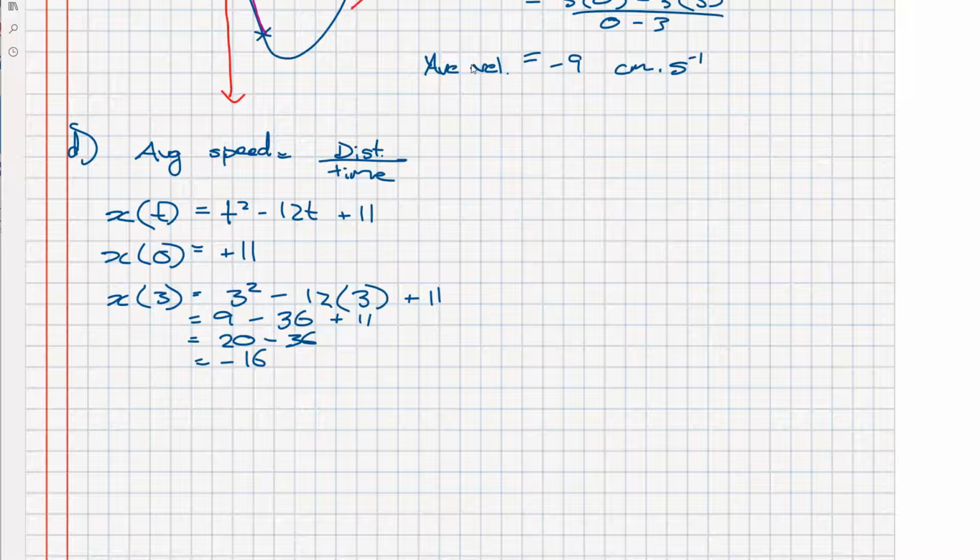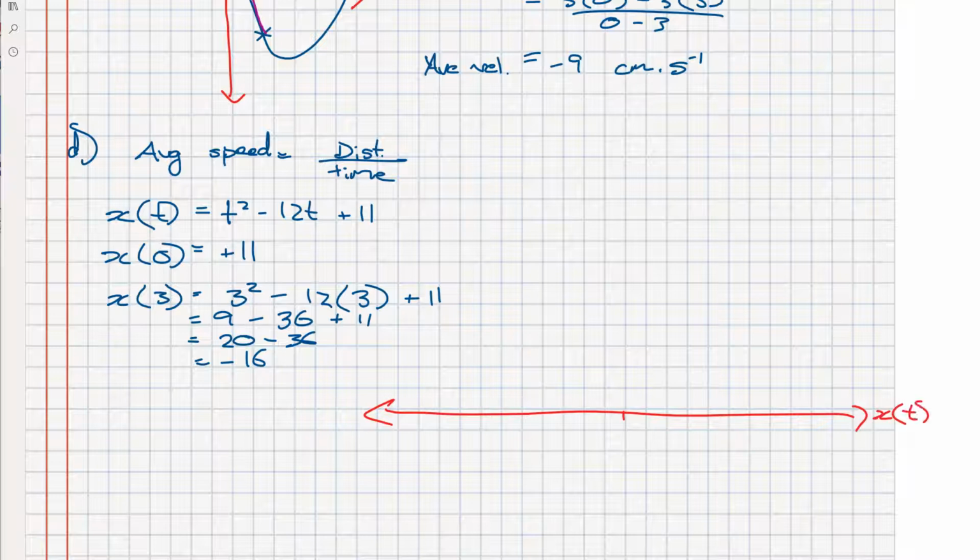So what we find is that at the initial condition of 0 seconds, it's 11 centimeters to the right of the origin, and at 3 seconds it's 16 centimeters to the left of the origin. Now if we draw a motion diagram, I'll just do a rough sketch of one here. This will be x of t. If we set this to 0 and we set this to positive 11 and therefore this one to negative 16,